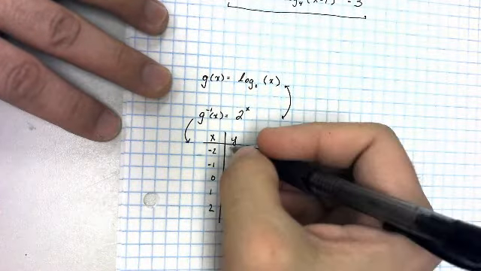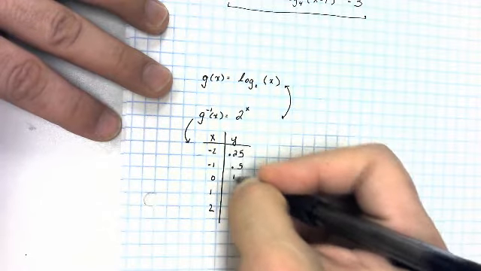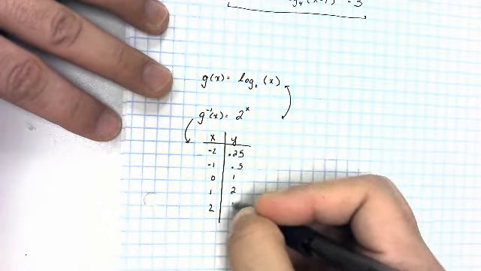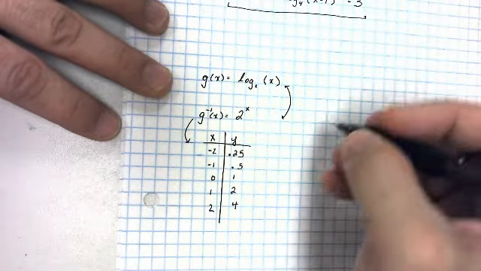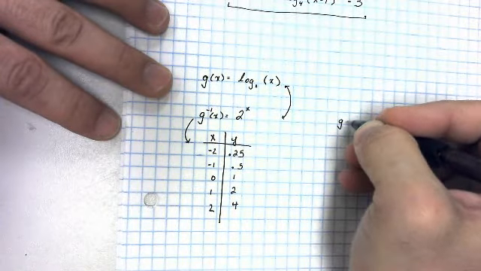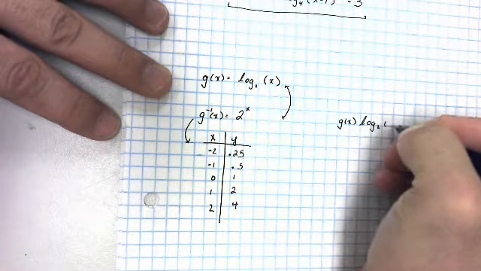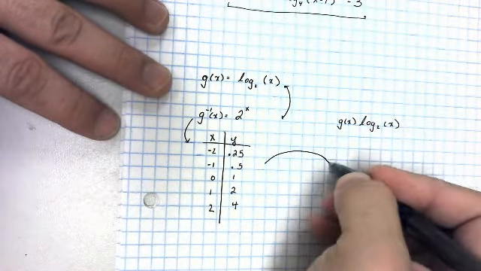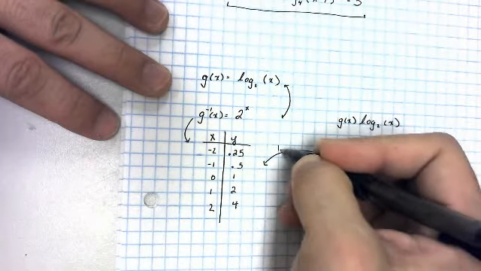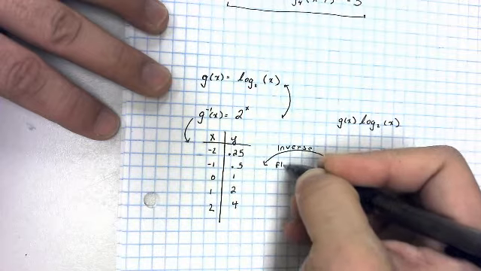And 2 to the negative 2 power is 0.25, then 0.5, and 1, 2, and 4. So we know that we can make that table. And if we know that the inverse is log base 2 of x, and we also remember that from the original to the inverse we flip x and y,